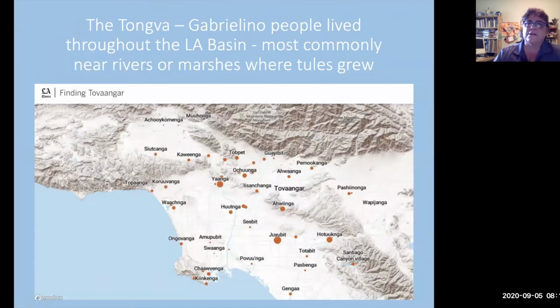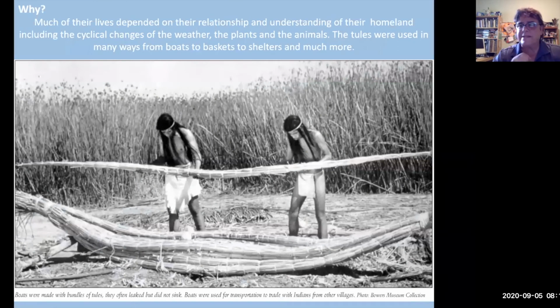The Tongva weren't a tribe, they were bands. So the Tongva nation ran all the way up to the San Gabriel Mountains, all the way down to about Laguna Beach, and all the way inland to about the San Bernardino area. So there were about 3,000, 4,000, 5,000 people that were living here at one time. This village was thought to be one of the largest ones, housing several thousand people. Again, you may be thinking, how do we know that that happened? We'll get to that in a minute.